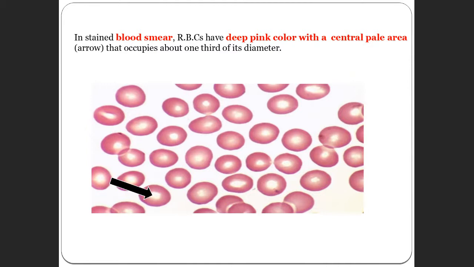So this is about the red blood cell. We may focus on the biconcave cell and ask which type of cell it is and how it looks under the microscope. Under the microscope, it looks deep pink with a central pale area. You may also be asked the lifespan of the cell, its size, and the numbers present in our body. You should know this basic idea. If you know it, it's more than enough.